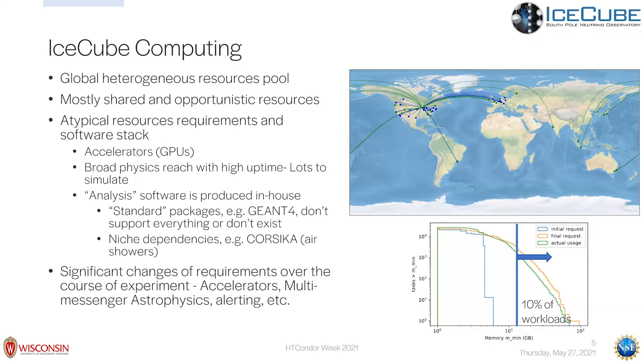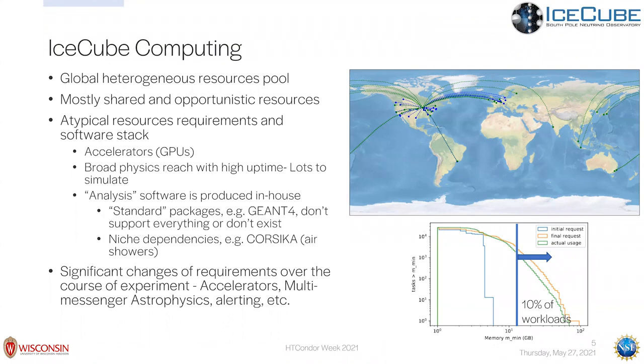And then across the last decade of our operation, we've had significant change in our requirements. First of all, bringing in GPUs, then having multi-messenger astrophysics added as one of our science drivers. And you can see here on the bottom, with this broad science comes a wide requirements range, so we can go from single digit memory requirements to over 100 gigabytes of memory that we require for some of our